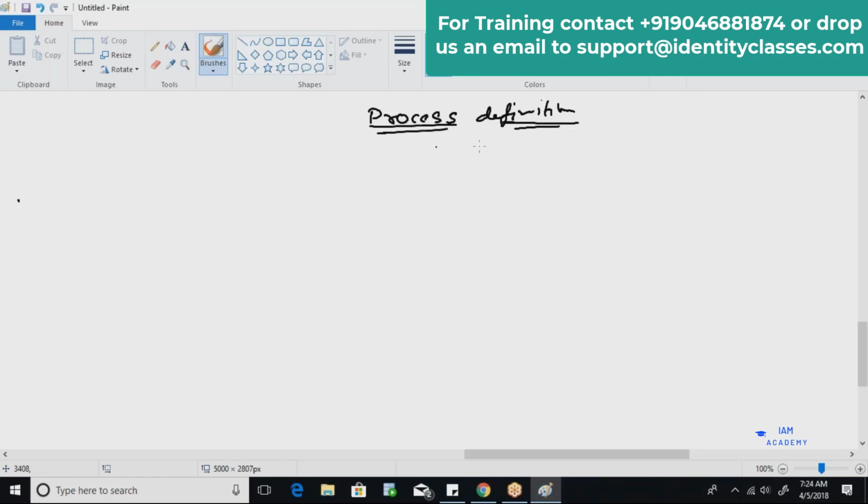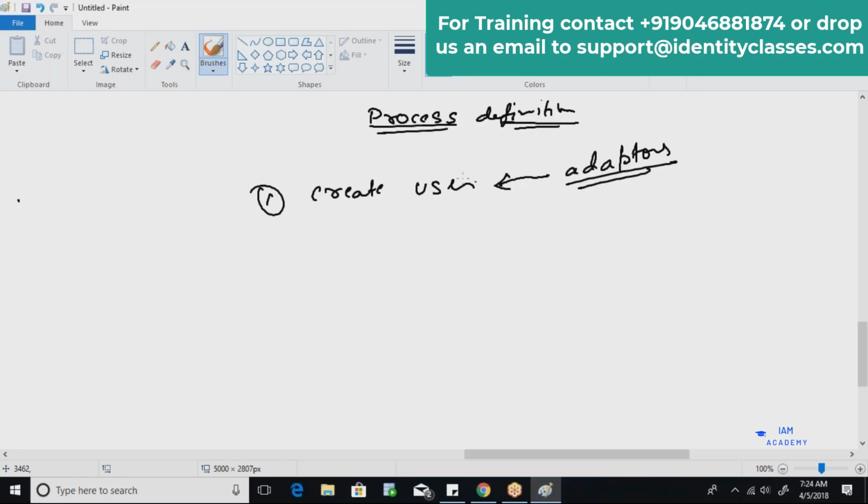Now in this process definition, let's say I have a task called create user. You have to put your logic in that particular task. In the back end, it must have some sort of logic, and those logics we have written inside adapters.